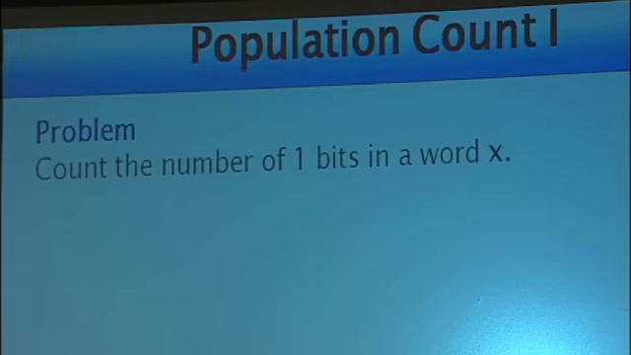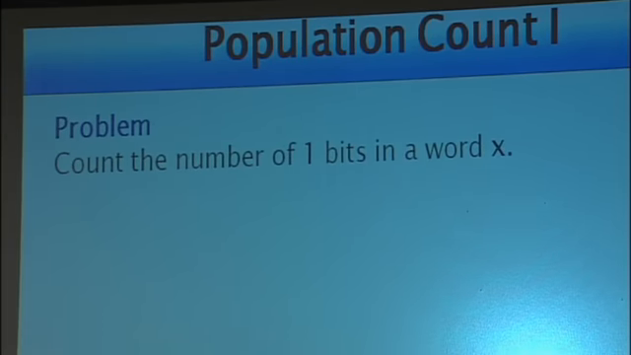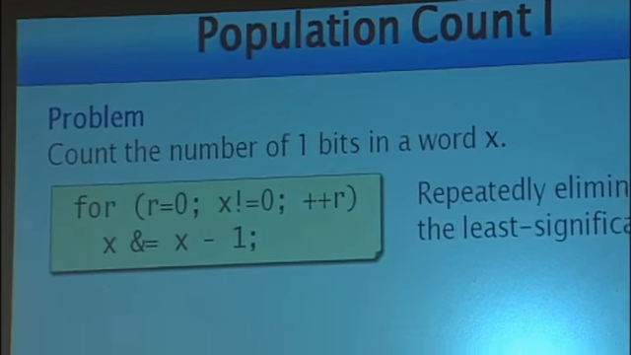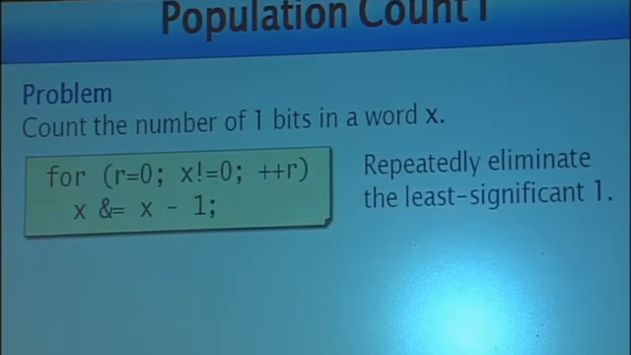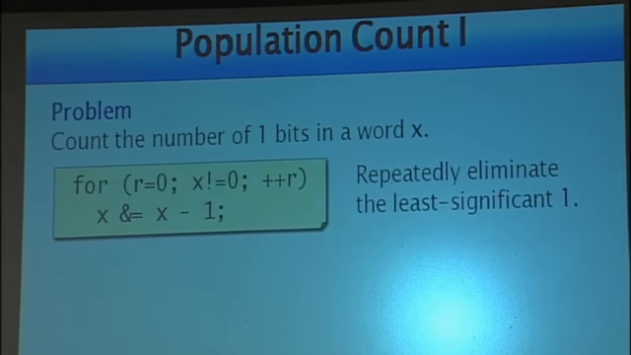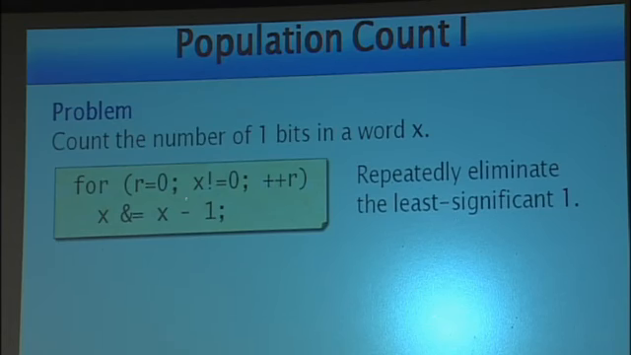Okay? Here's another one. Population count. Count up the number of 1 bits in a word. Here's one way of doing it. I start out r at 0, and I keep incrementing r. And what I do is I quit when x is 0. And what I do is I do that trick of